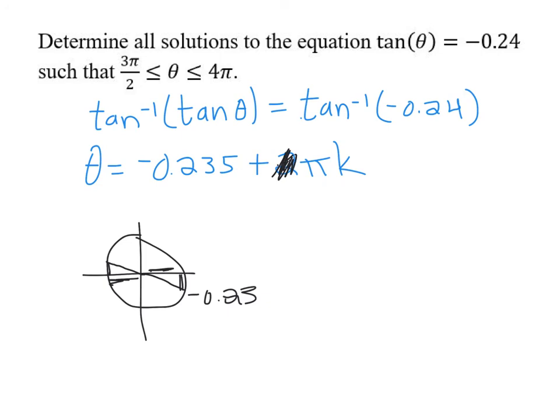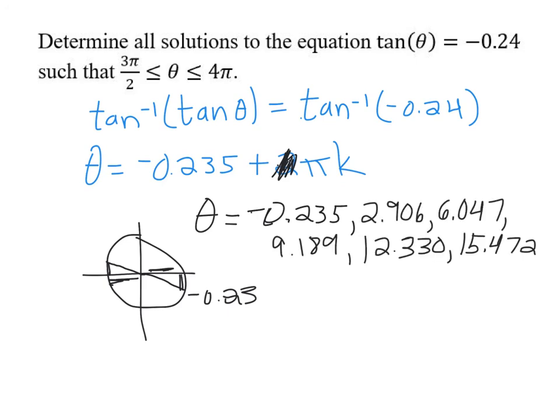So hopefully you picked that up from the video yesterday, but I just thought it would be good to remind you of that. So now, if we're trying to find all the values that are between 3 pi over 2 and 4 pi, all we have to do is start with this one value, the negative 0.235, and simply add pi every time. So let's see what some of those values are that we get. All right, so got some of these values here, and when we added pi the first time, I don't think we got